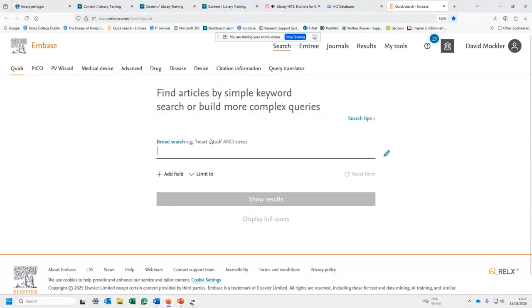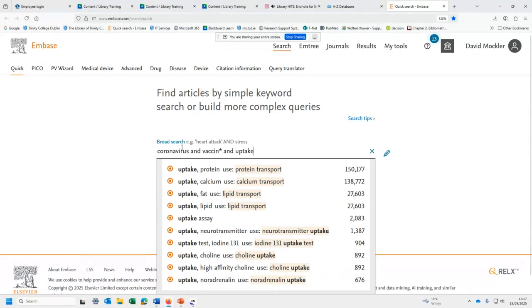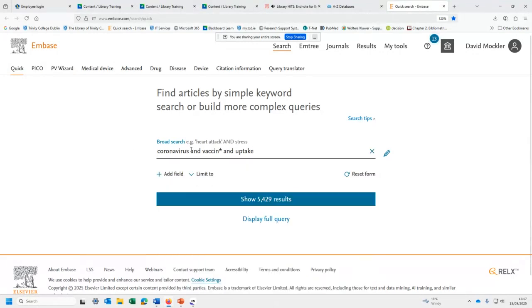And again, much as you saw in the Web of Science, here we are with a search box. You can put in your search. And again, the exact same search. Okay, now this search is particular to me, whatever search you decide to run across your databases, but you will notice that I'm running the same search across two databases. This is what we refer to as systematic searching. Okay, so you're using the same strategy in different databases.